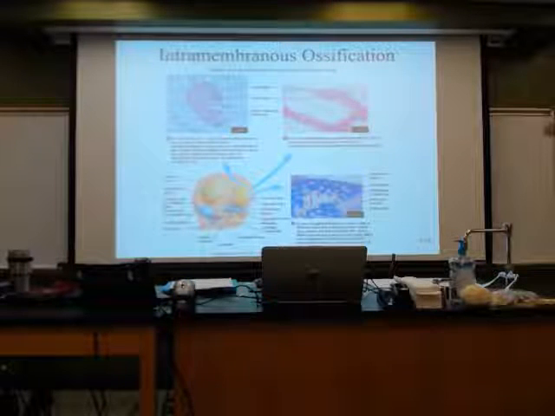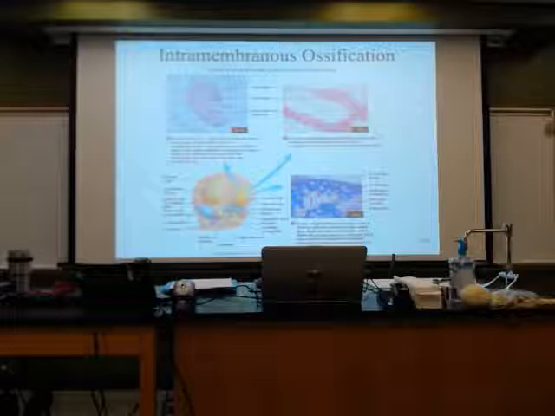When we begin to look at the other types of growth, think about the arms, think about the legs, okay? That's going to mostly be the endochondral, because cartilage is present when that baby is born. And cartilage is going to be the blueprint. So if we look at the intramembranous,